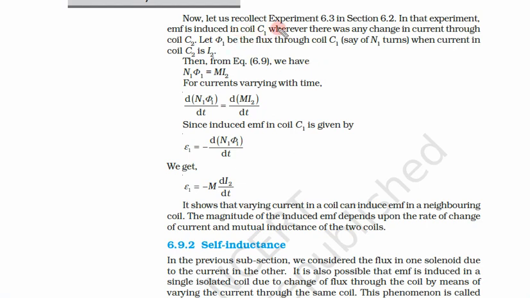Now let us recollect experiment 6.3 in section 6.2. In that experiment, EMF is induced in coil C1 whenever there was any change in the current through coil C2. So what was this experiment 6.3? It was when we have some kind of key mechanism. So this EMF is induced in coil C1 whenever there was change in current through coil C2. We were changing current using the key, current is switched on or switched off, and there is EMF induced